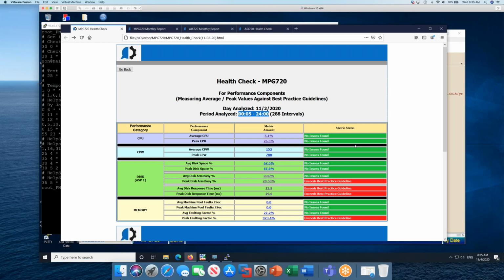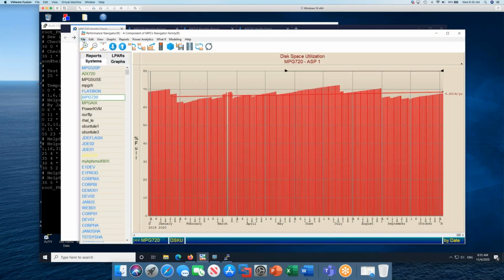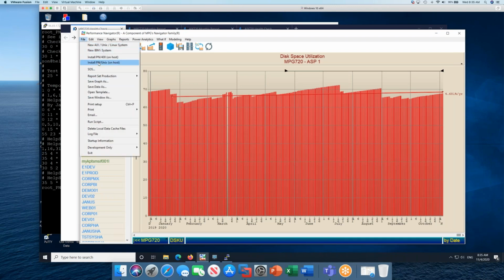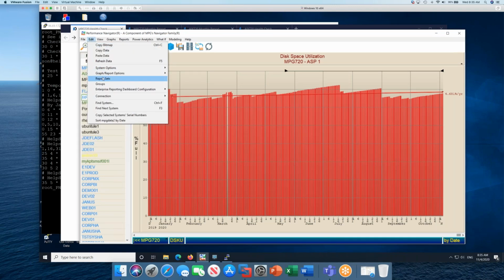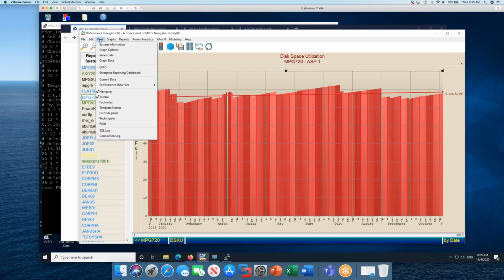The collection is free. You get these 3 functions, a couple of graphs, and you get this daily health check. And by the way, all of the production of these things can be automated. As a matter of fact, I'll show you how you would automate that health check. When you do automation, we call it a report set. So you edit report sets, is what we call it. With the latest version, by the way, which is 19.2a, if you download this client,